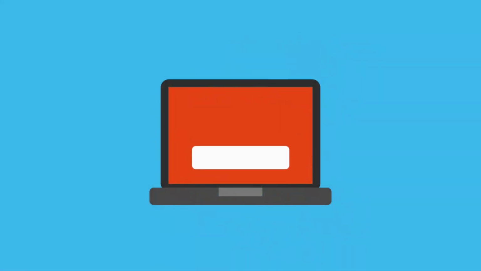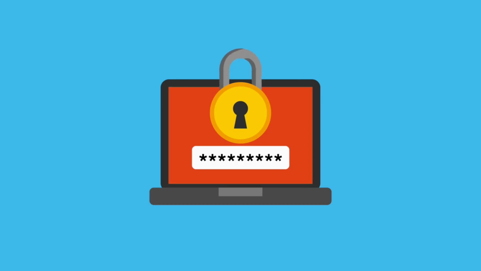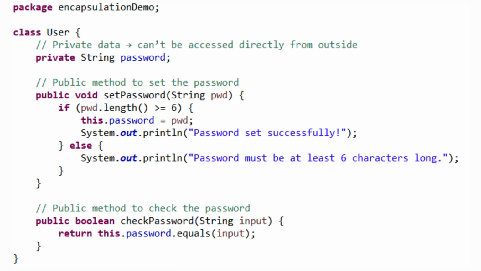Let's write code for user password management to understand encapsulation clearly. class User { private String password; public void setPassword(String pwd) { if (pwd.length() >= 6) { this.password = pwd; System.out.println("Password set successfully"); } else System.out.println("Password must be at least 6 characters long"); } public boolean checkPassword(String input) { return this.password.equals(input); }